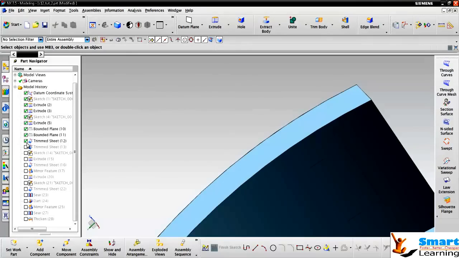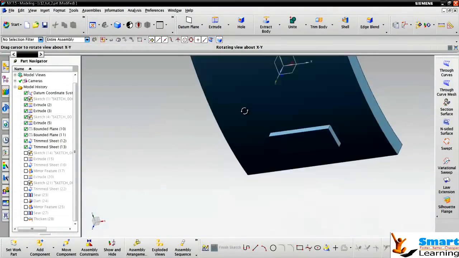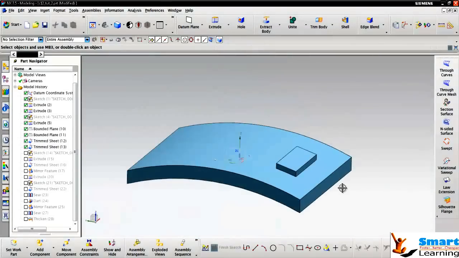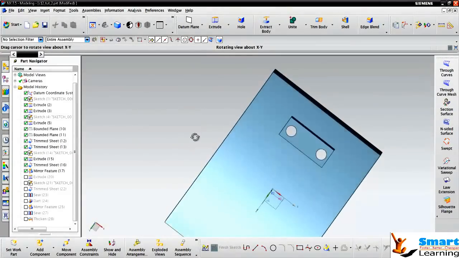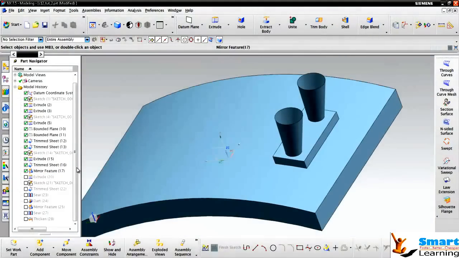Then we trim the sheet for getting the final shape which is embossed. And even this particular case I will discuss how you can create an emboss very quickly when I will discuss in my coming classes about emboss. Then we applied this feature here. Again we trim the sheet. Trim the sheet is basically to create the hollow which will be merged with this embossed portion.